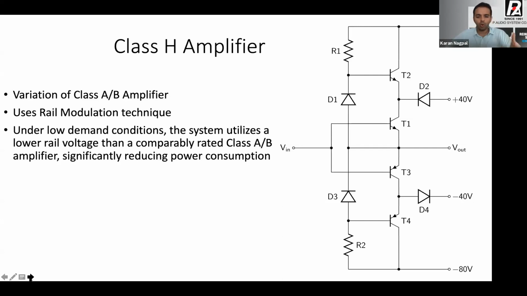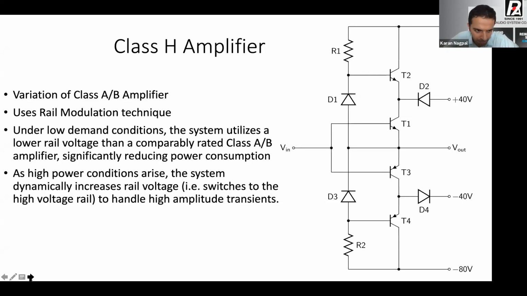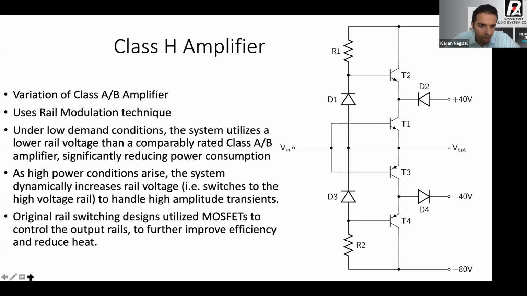And most of you who would have serviced the amplifier would have seen that there are two outputs from the transformer going to the capacitors, and after rectification in your capacitors, two different rail voltages come to your module, and we give voltage on two different terminals. So it's actually just two different rail voltages, and it's easy to identify. It's more like a class H design. And again, it's using MOSFETs to control output rails to further improve efficiency, to reduce heat. The disadvantage is the cost is higher. The cost of class H just goes up a little.